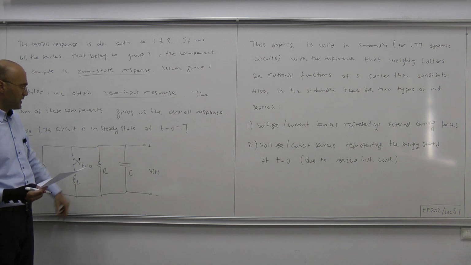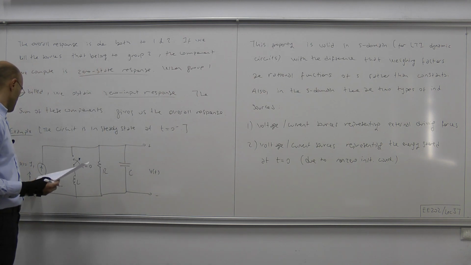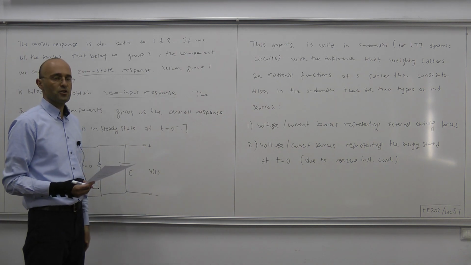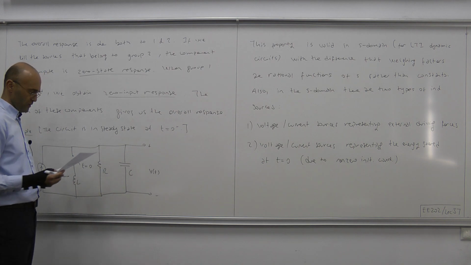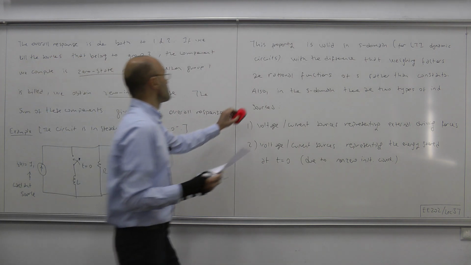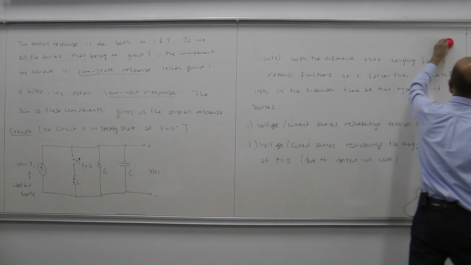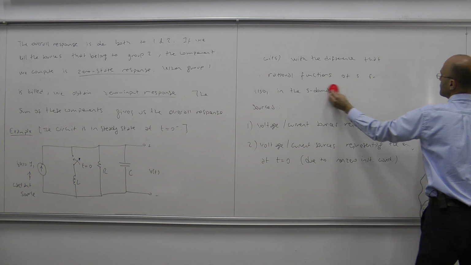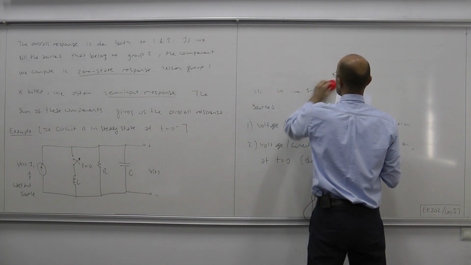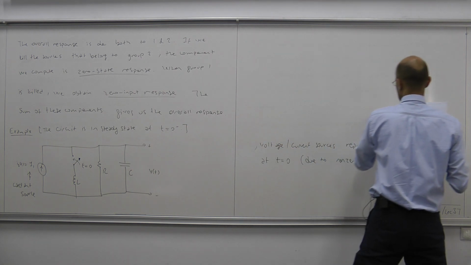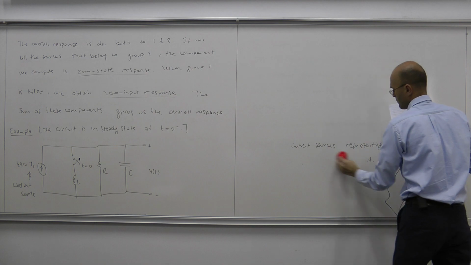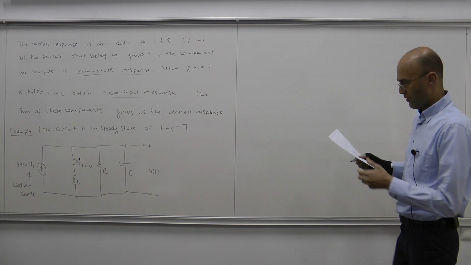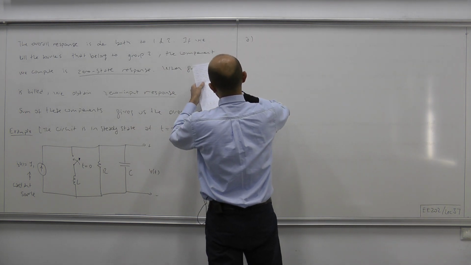And then using that set of initial conditions, and here we have the input, we will try to figure out the response V of t, this voltage, capacitor voltage, or anything's voltage. Okay, so this is what we are asked to find: